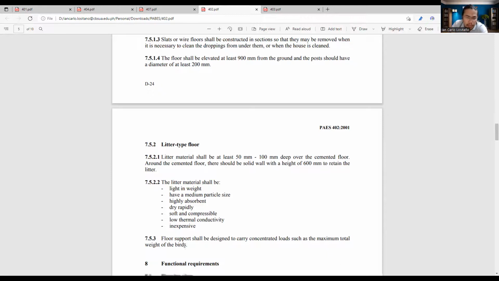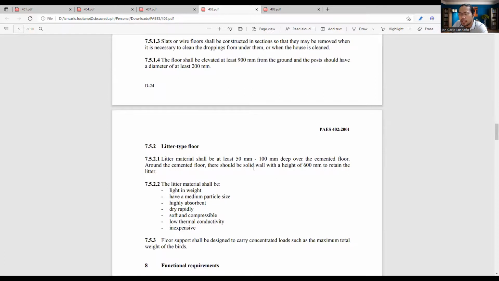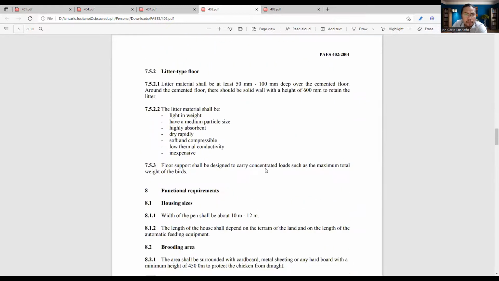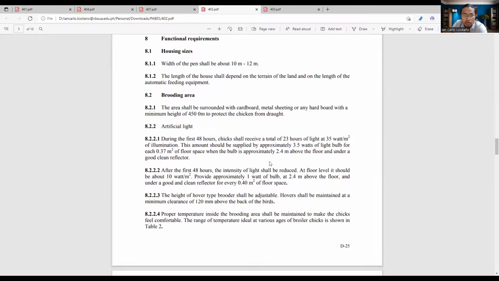Okay. Floor support shall be designed to carry concentrated load such as the maximum total weight of the birds. Okay. If there are 10,000 birds, then you have to multiply that by the maximum weight of possible 2 kilos, then that's 20,000 kilos, right? So the functional requirements, these are all required, okay? Because again, this is just a growing